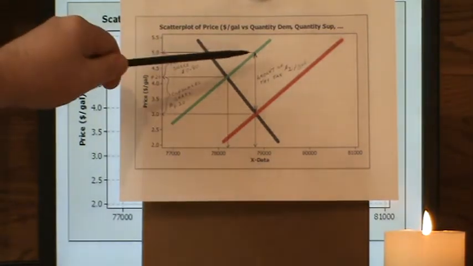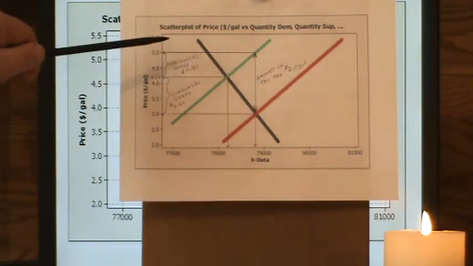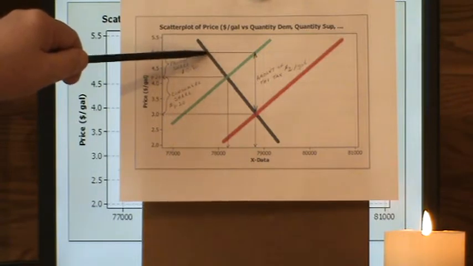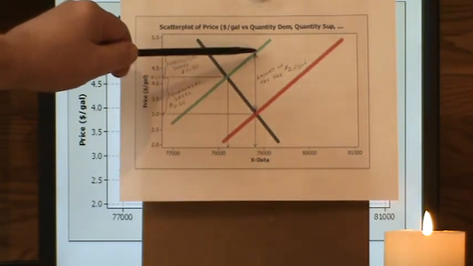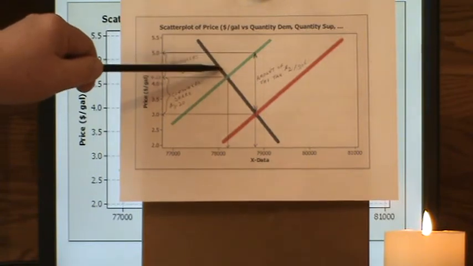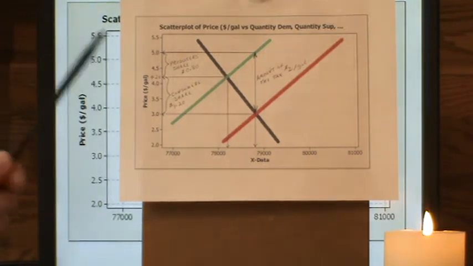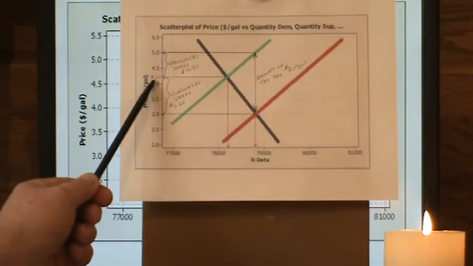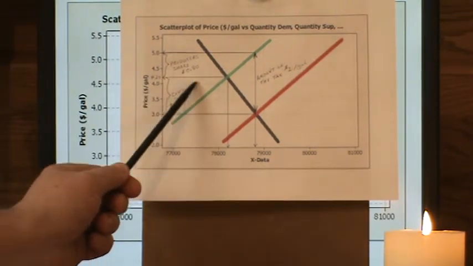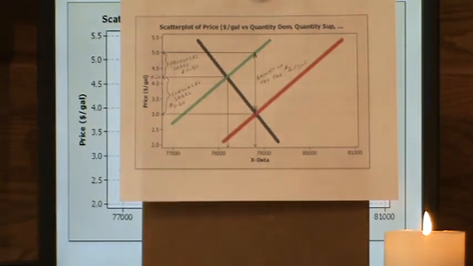The only problem is at $5, consumers say, we don't want to buy that much gas, that's an outrageous price to pay. So consumers have cut back their consumption. To this point, we actually have a surplus at that high price. And this causes us to slide down both of these curves to that new intersection point, which we saw to be $4.20. And at $4.20, in fact, there is an equilibrium quantity traded of about 78,200 barrels per day.